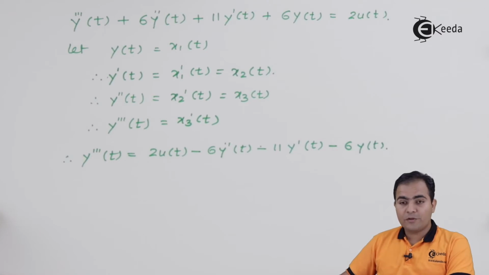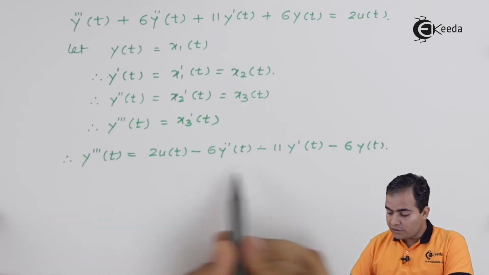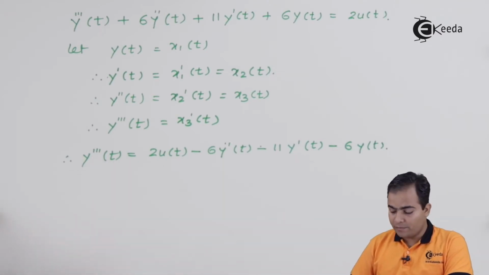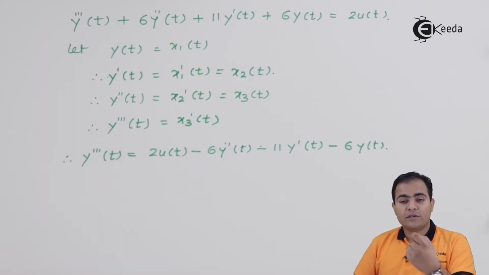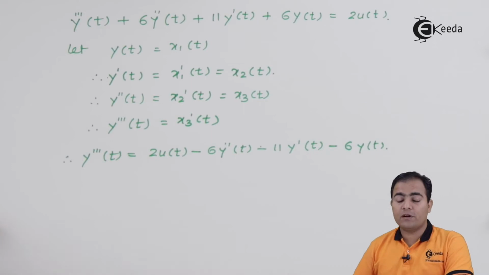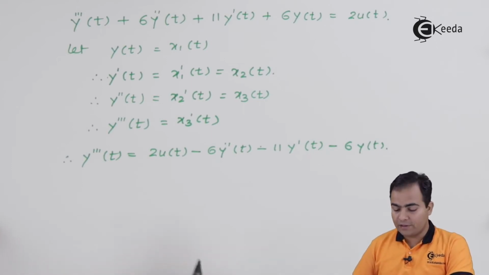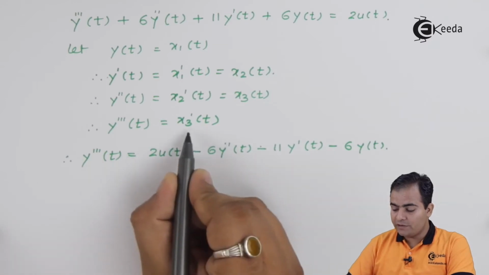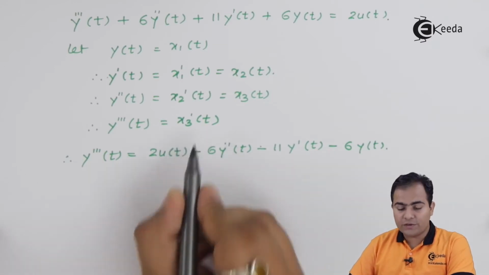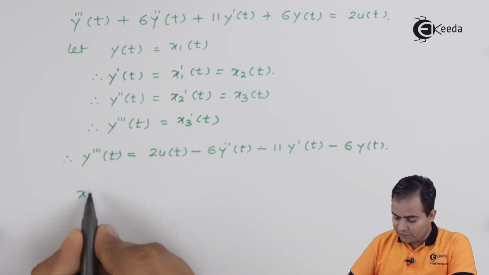Now, what I'm going to do, I'm going to replace all these equations by state variable. But we know that on the left hand side, we will always place differential values of the state variable, but on the right hand side, we will always place normal values of the state variable. So the differential value y triple dash of t is represented by x dash of t. So we'll write x3 dash of t